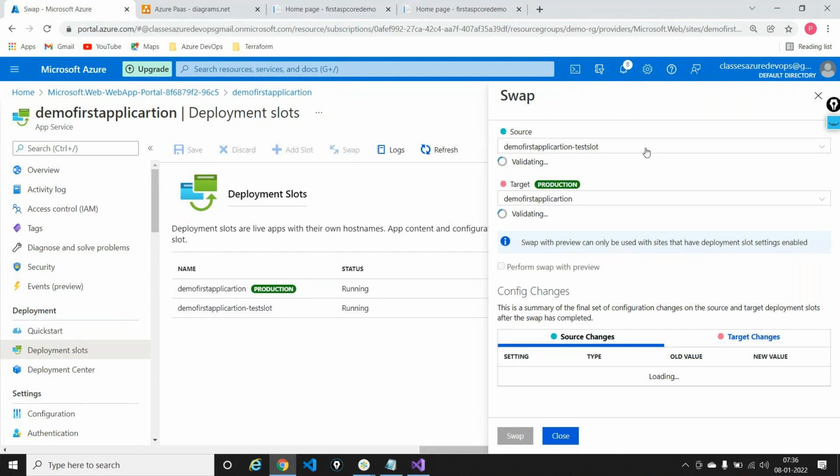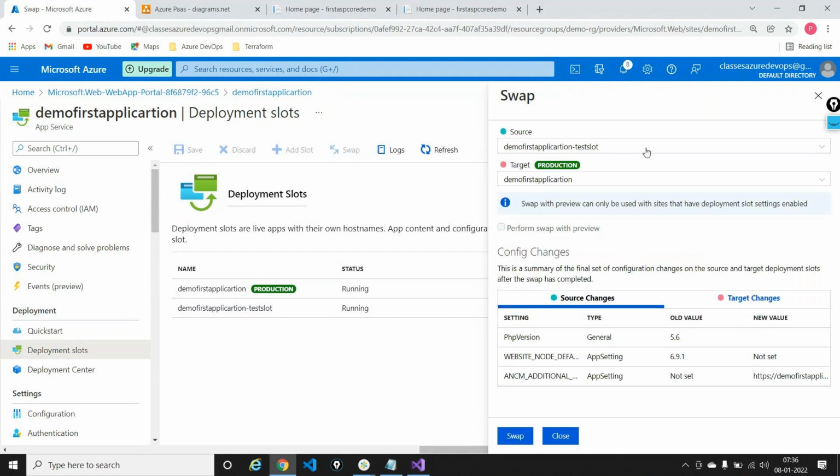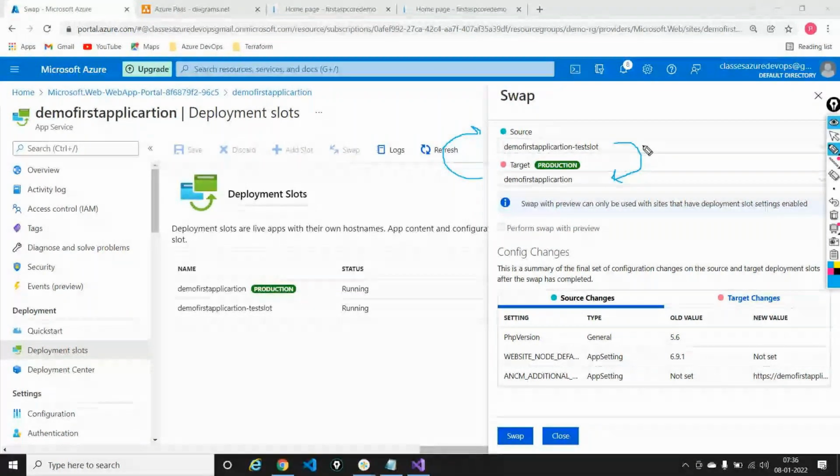I'll hit a button called swap, and I'm saying the source. So source, target, anything can be interchangeable. From the production, I want to take the code into the slot. And from the slot, I want to take the code into production. So the slot has version 2.